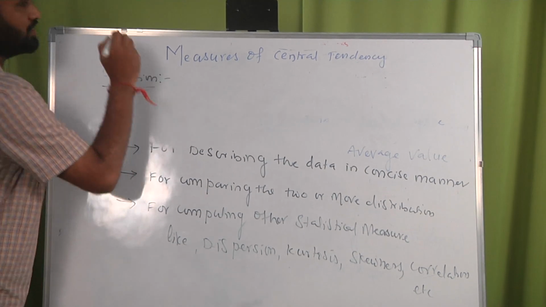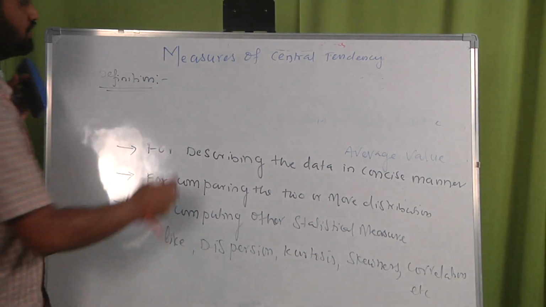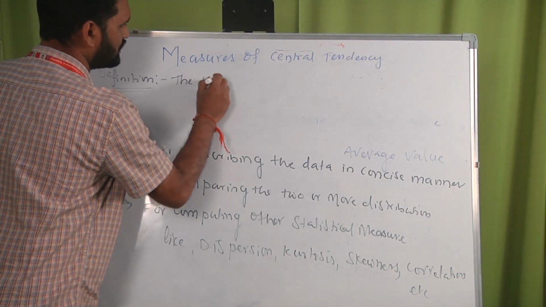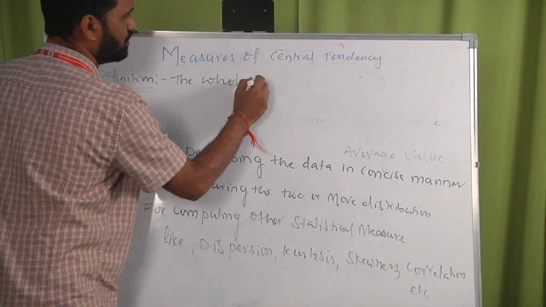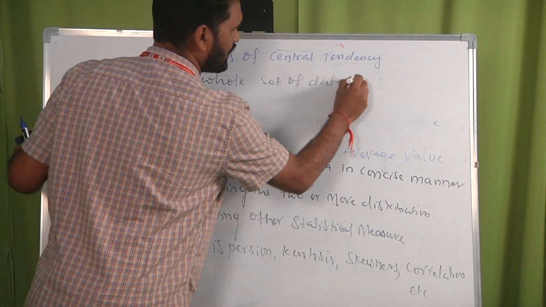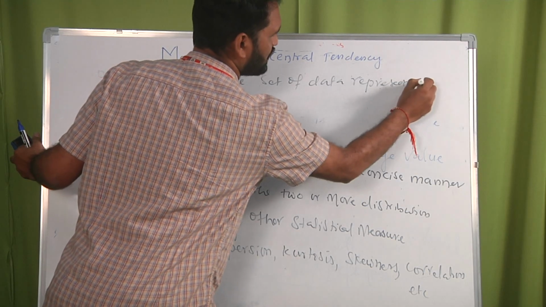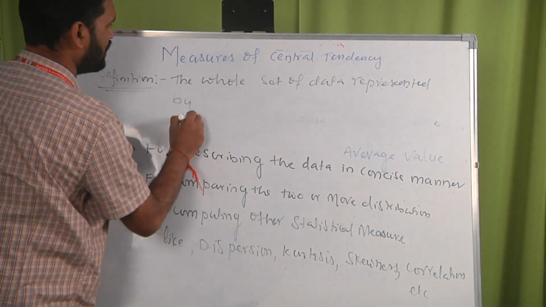Definition of measures of central tendency means the whole set of data, represented by